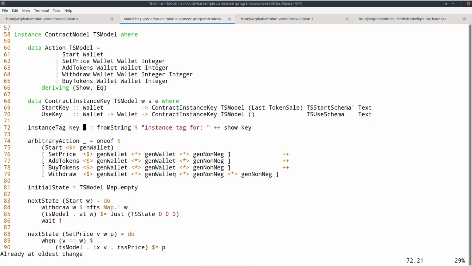default implementation for the instance tag method of the contract model class. So you normally don't have to implement that yourself, but that default only works, at least right now, if you only have at most one contract instance per wallet. But this is not the case in our case because we will have actually three per wallet. One start instance and two use instances using the own token sale and the other wallet's token sale. So we have three contracts running per wallet, and therefore we are forced to implement that ourselves, this instance tag